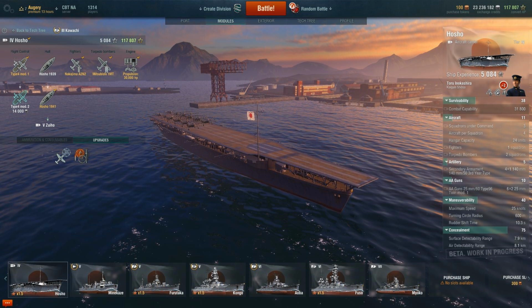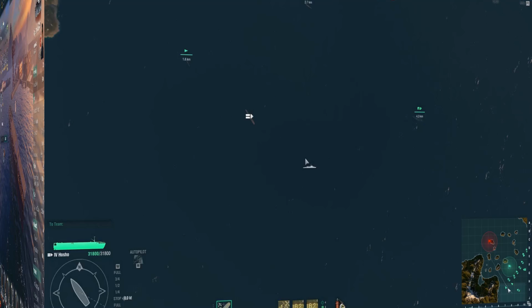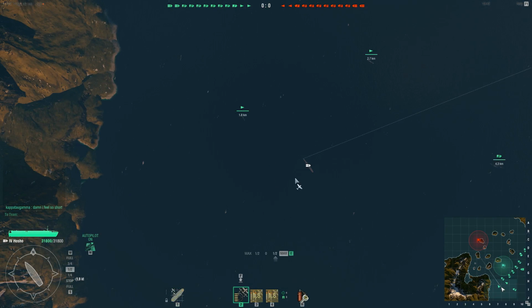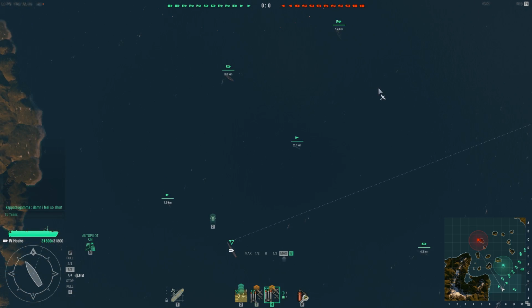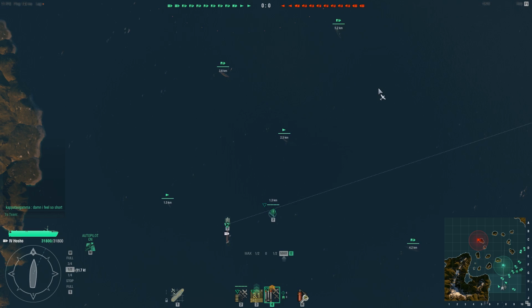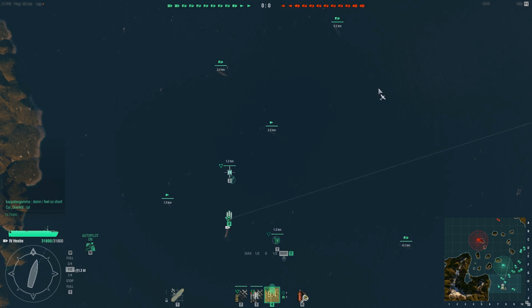I should also say that so far the Hosho's been an unlucky ship for me. You'll see why in this replay, the next one. So what you see here, I'm just getting my aircraft up and ready. And basically my plan here is to send them over to the right, into the top corner of the screen,